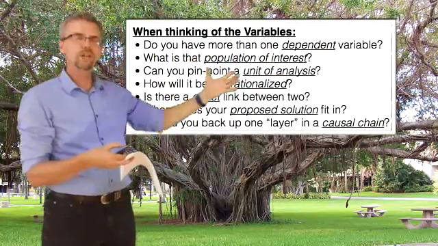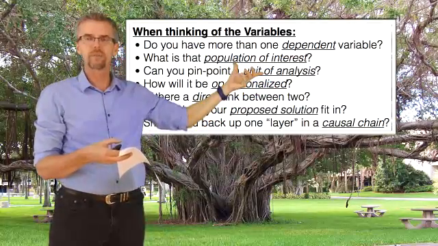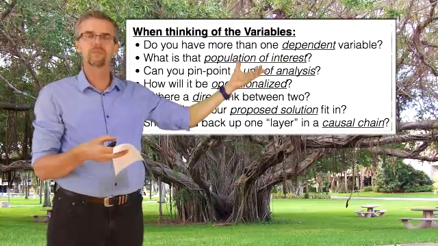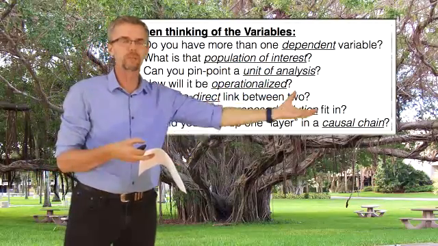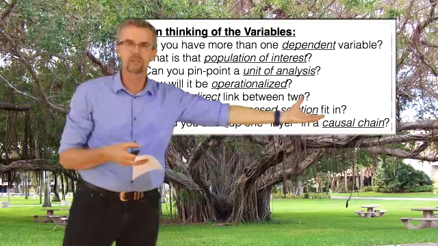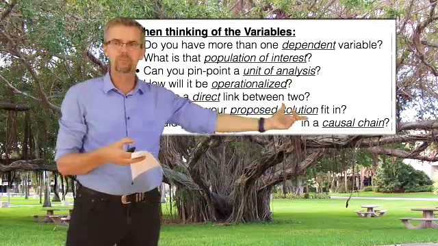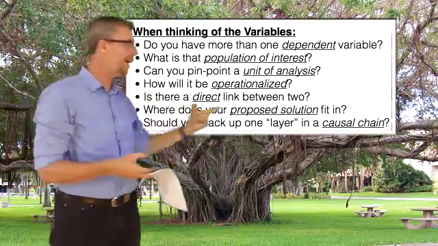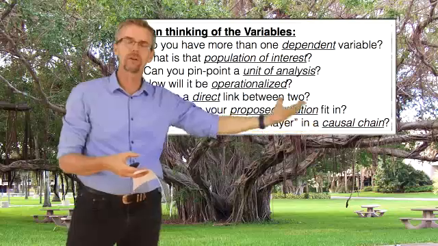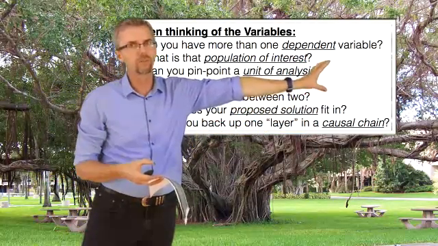You look for a direct link, and some of the examples that I'm going to get to now are talking about this, where there has been a failing to actually establish a direct link between the independent variable and the dependent variable. And what we've talked about here as well in the previous example, and we're going to do one more example of it, is should you back up one layer? And this is what I'm talking about in the causal chain. So what you originally thought of as your dependent variable,